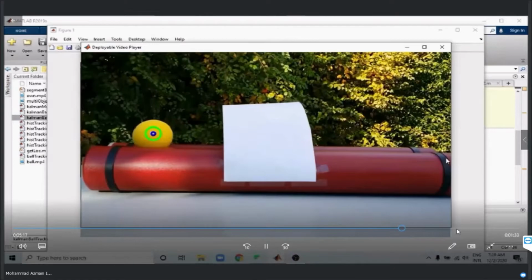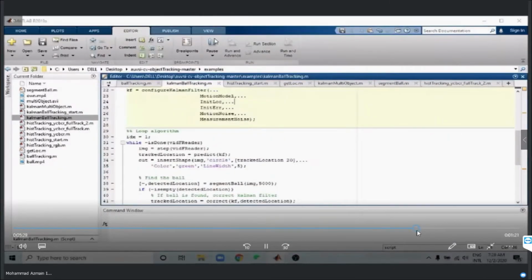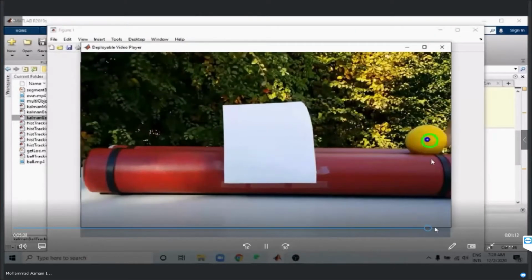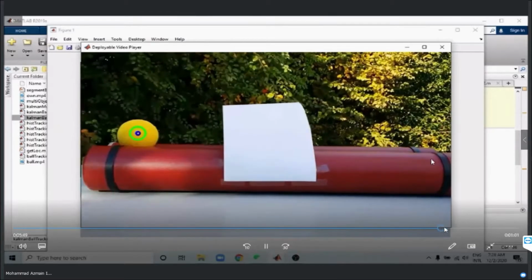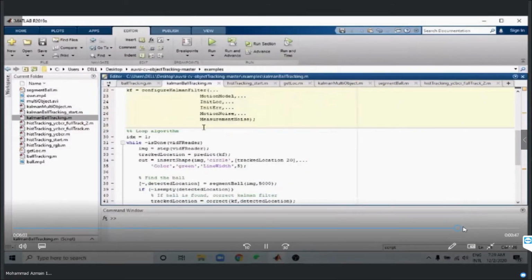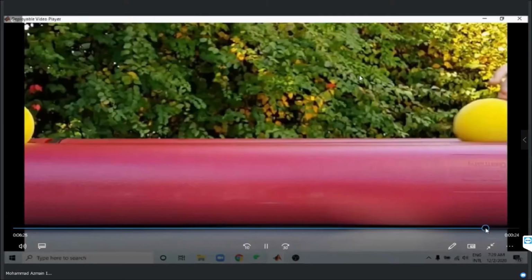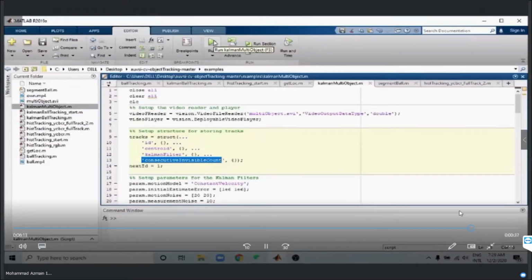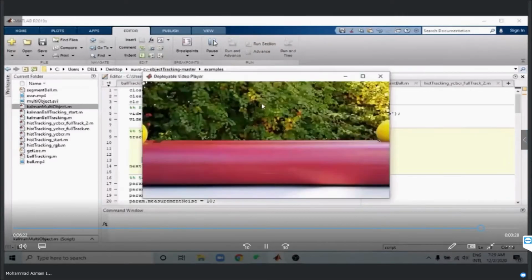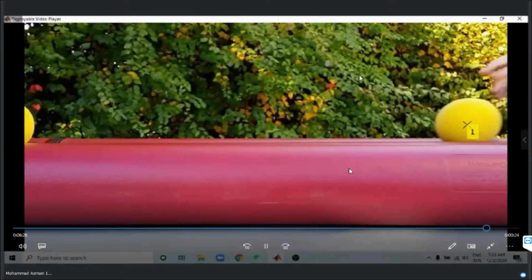So now we can try with another example. We can try with multiple objects. What if there are multiple objects in the scenario? Okay. We are gonna use Kalman filter on this also because histogram based tracking doesn't support multiple object tracking. So if you see here,